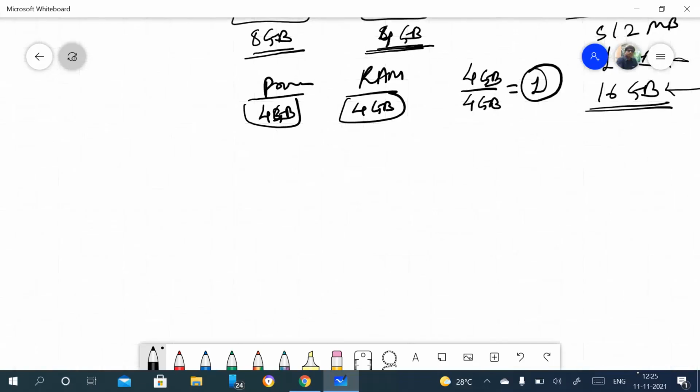One well-known example is that suppose you want to play a game and that game size is very large, like in GB. To play that game, we need to bring that game into the primary memory, and then we can play it. So if the game size is very large and your memory size is very small, then in that case we cannot play that game. It means the machine cannot support that game, right? Again, the processor does matter, because the speed of that game and the processor speed need to match.